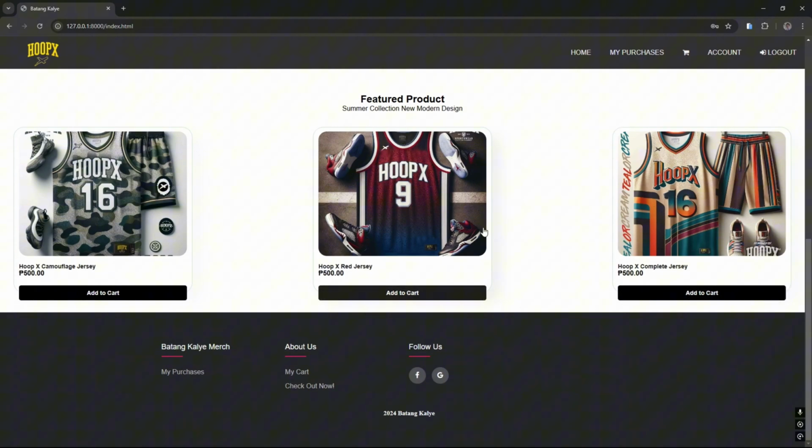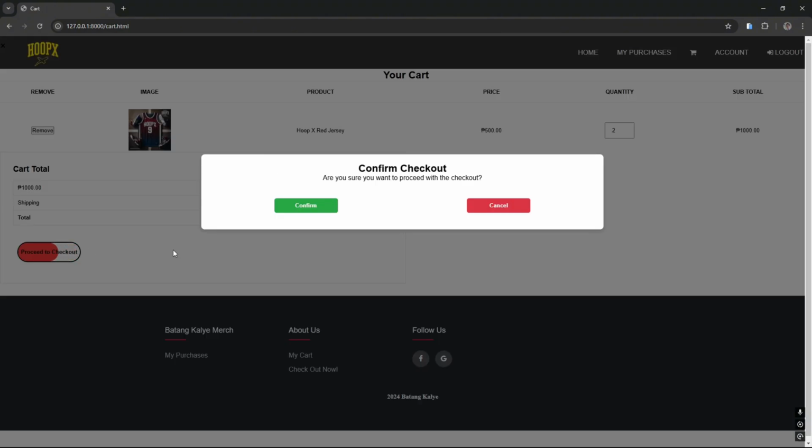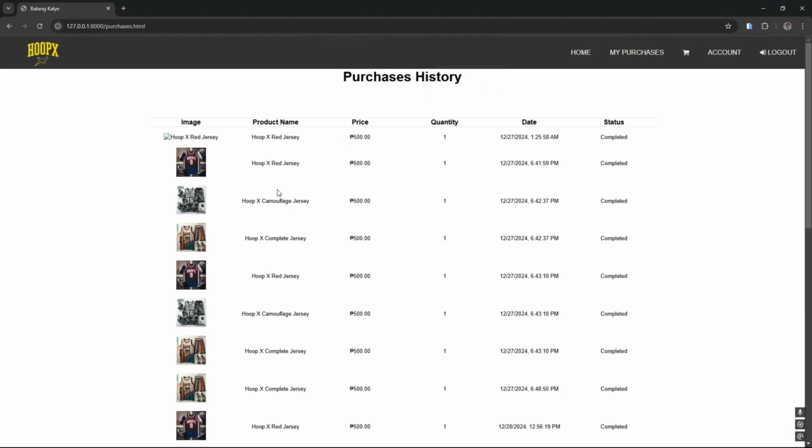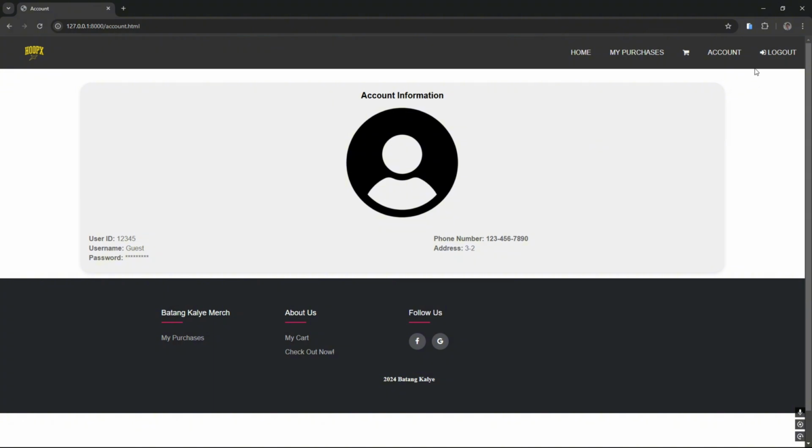You can add items here, or go to the cart and proceed to checkout, and it goes here. And use the account and the logout.